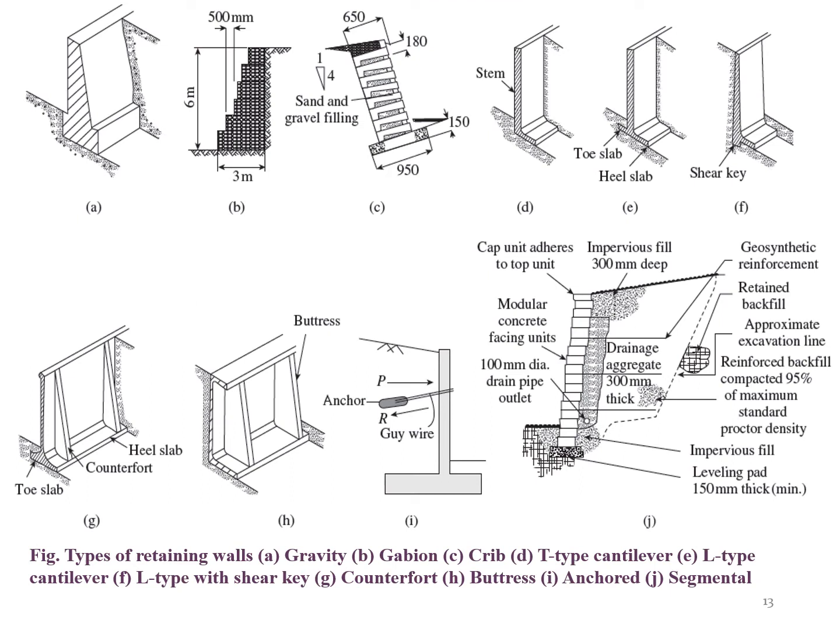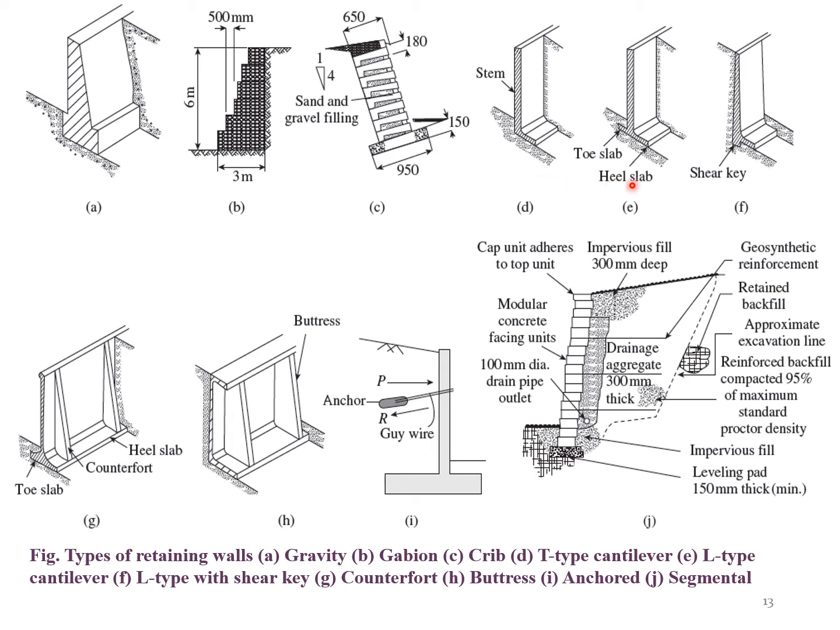This will talk about some different types of retaining walls. Of course, you might have studied this in the theory classes. Just for understanding, the first one is gravity retaining walls. The second is gabion type of retaining walls. The third is crib type of retaining walls. The fourth is T-type cantilever